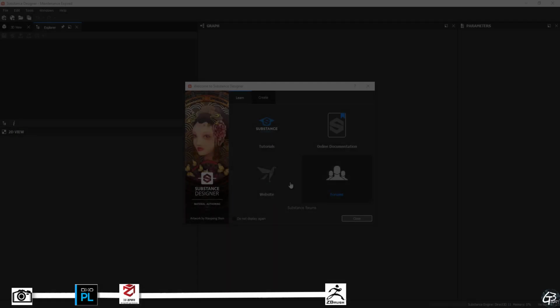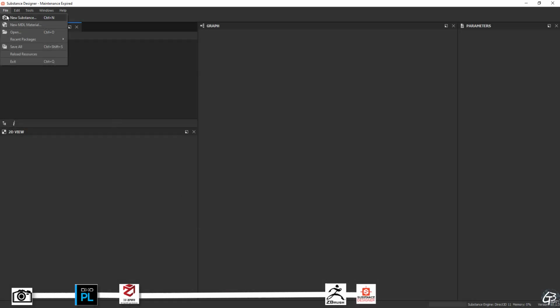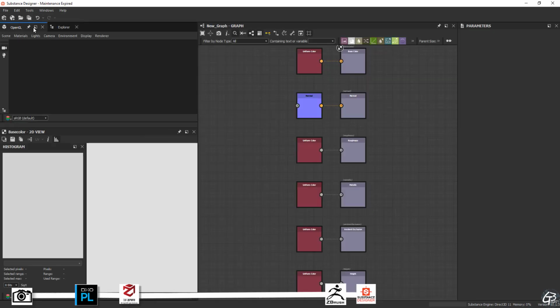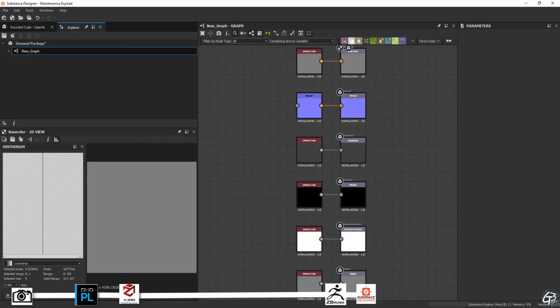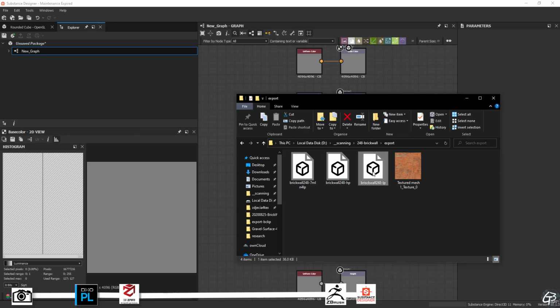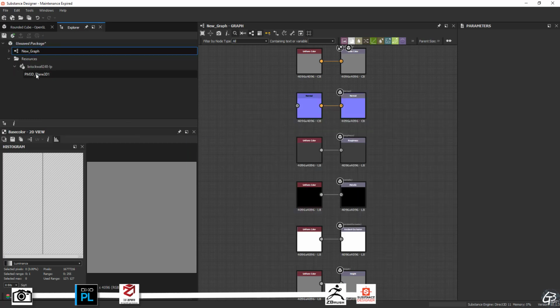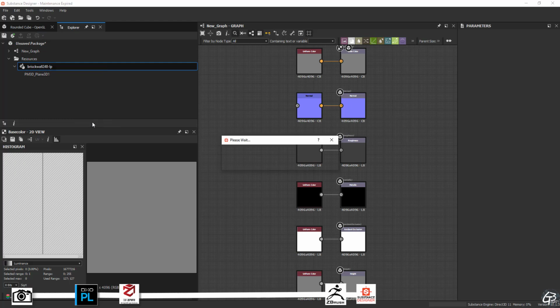Now we can bake all the data with the baker. Let's use Substance Designer Baker. Let's set up a new project and bring our low poly model, which is going to be used as a baking canvas, and set up the baker.